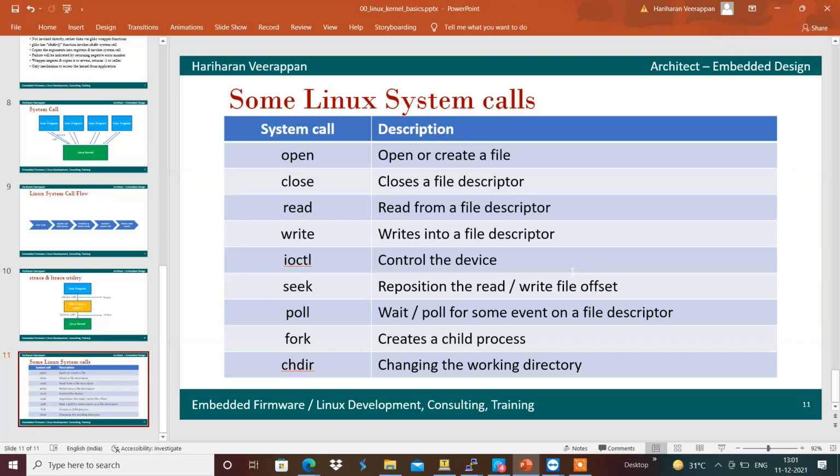Open is the system call to open or create a file. If the file is not present, we can use the options to get it created.